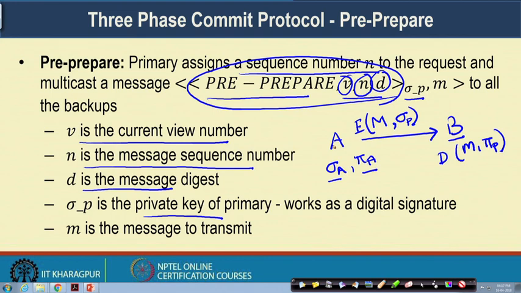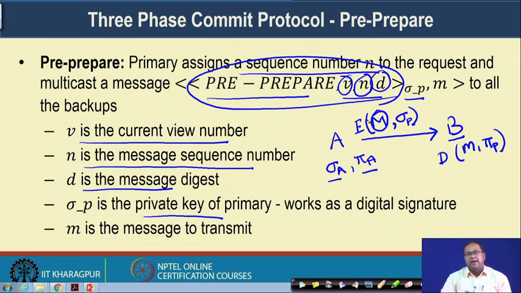So, with this digital signature architecture, you ensure that this pre-prepare message is actually coming from the primary, because it is encrypted with the private key of the primary. And here we put the message digest, because if you remember the digital signature method, rather than putting the message here, because the message size is long, we apply the hash based technique to reduce the message size, and rather than putting the message, we put the message digest. Say MD is the digest of the message, which is encrypted with the private key of primary.